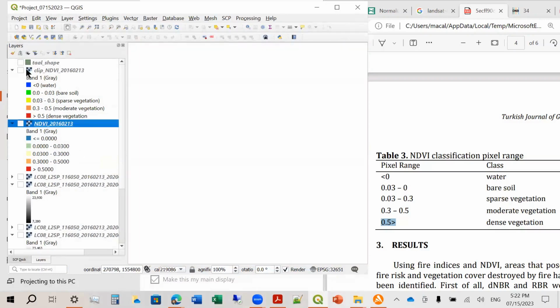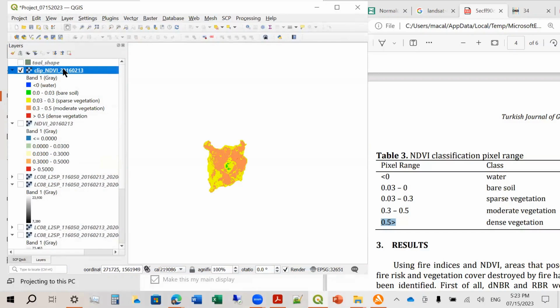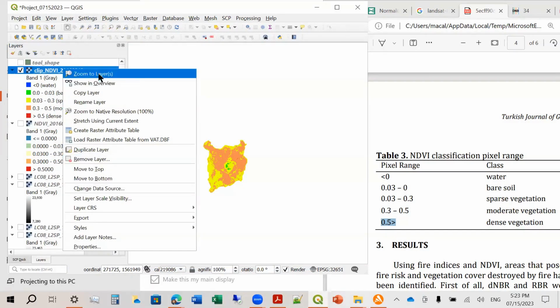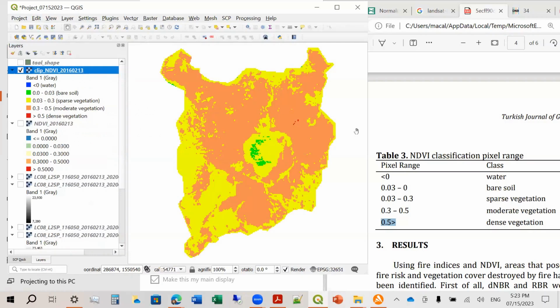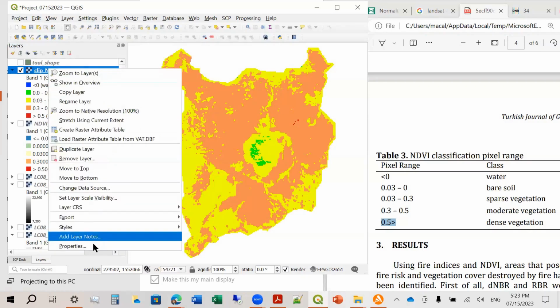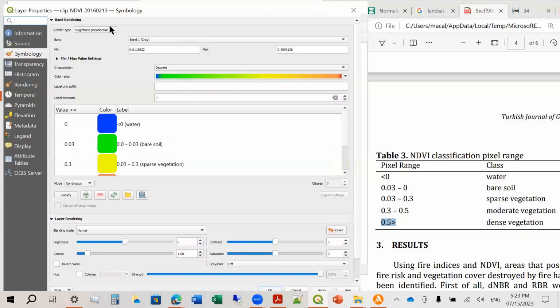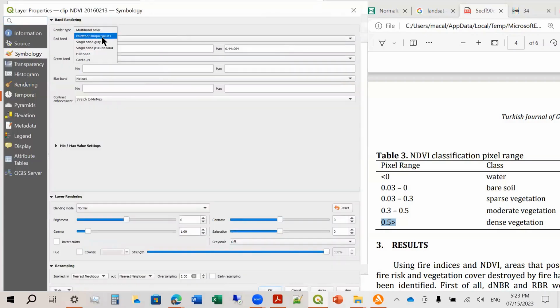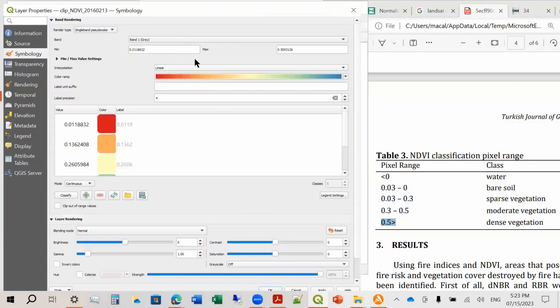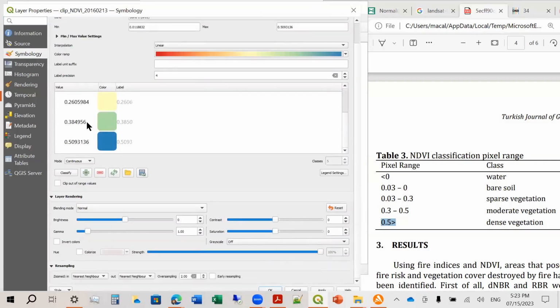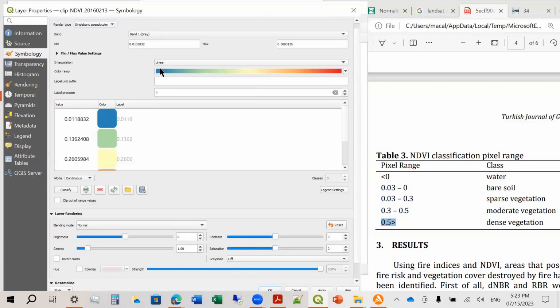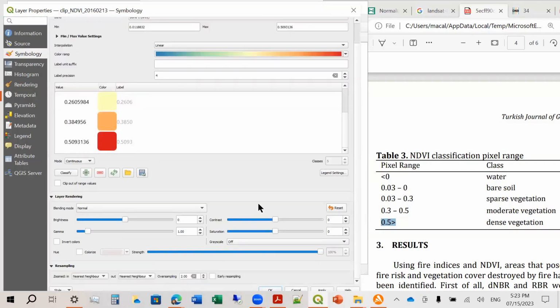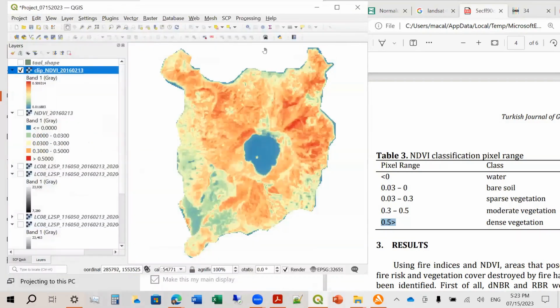Okay, so let me just go over here. So this is now your vegetation index. Or if you want, just rename it as follows. Again, choose the color. Okay, and just make it, I don't know, like this. So that's fine. So let's reverse color map. The low values will be blue, and the high values is 0.5 and above. Going to apply it, it will look something like this.